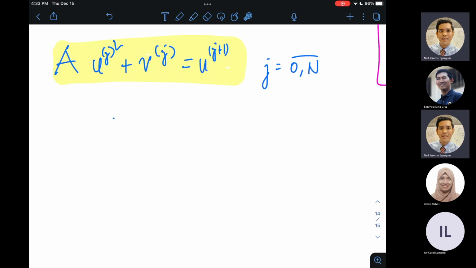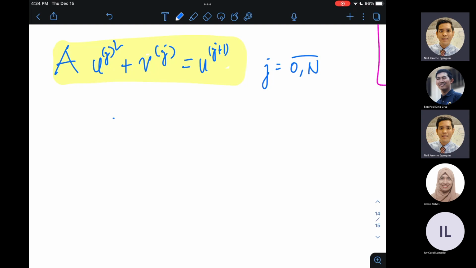But before we go to a machine implementation, we should take note that there are some conditions for this iteration to converge. Hindi magko-converge itong method na to sa basta-bastang choice ng step sizes, because that's the only degree of freedom that we have here. We have the freedom to choose what's the time step and what's the step in the spatial domain. Ano yung delta x at delta t? Well, there's still holes in the theory of finite difference schemes, and yung pinakamadaling